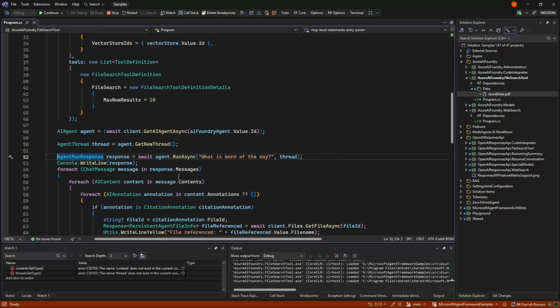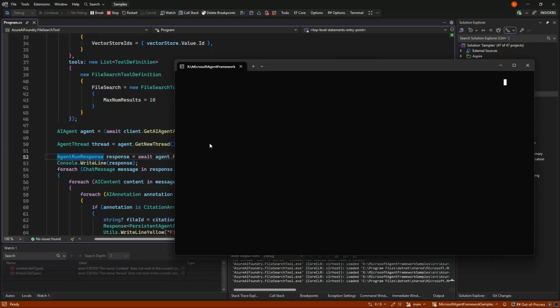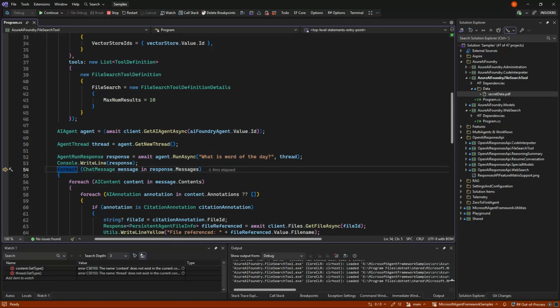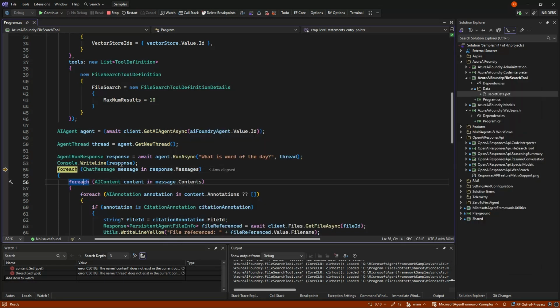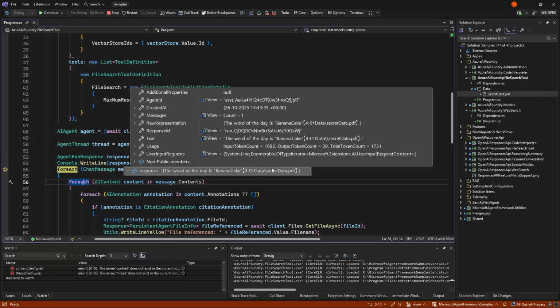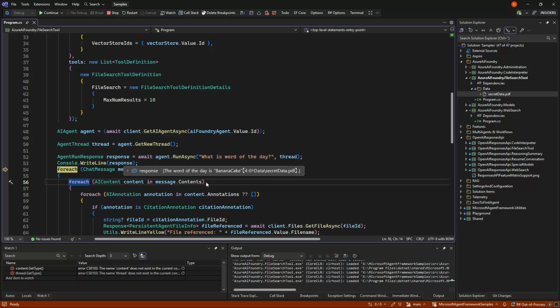And if we do that, we should get something back that says it's banana cake, and then it puts it in this that we should get rid of on the fly. Yeah, okay, the idea is that this should be searched and replaced by the annotation that is in here.